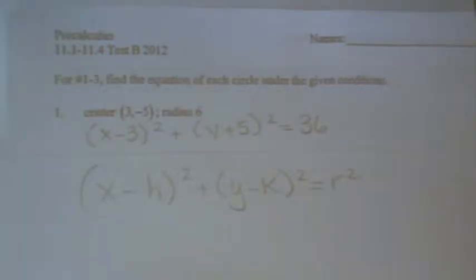So all it is: your center goes in the h, k spot, and it's the opposite of those numbers, and your radius is squared. Plain and simple. Okay? Now the next question,